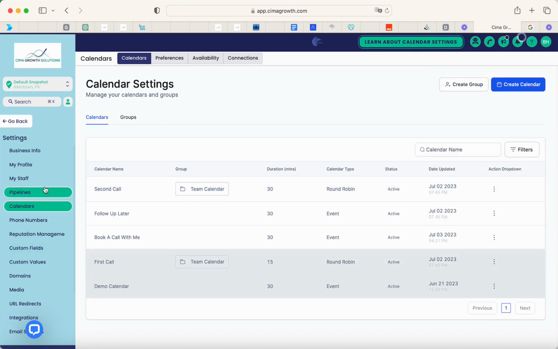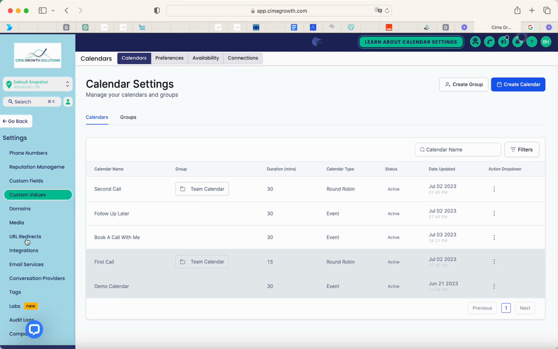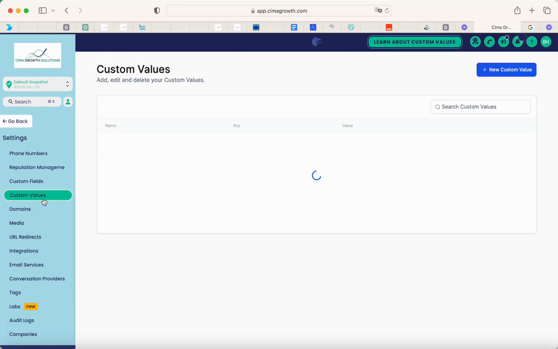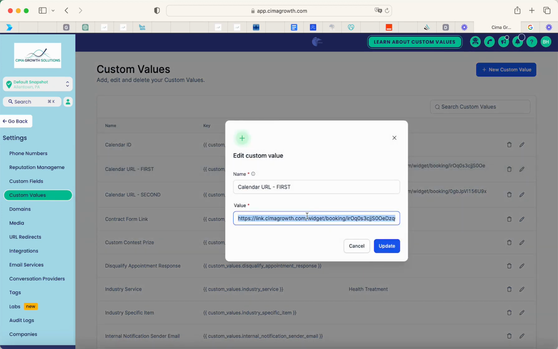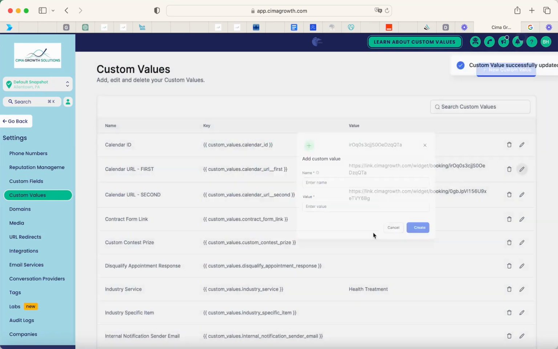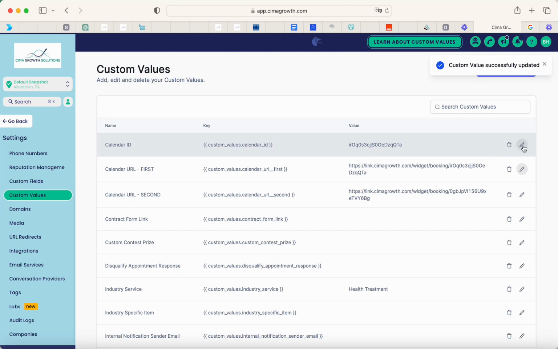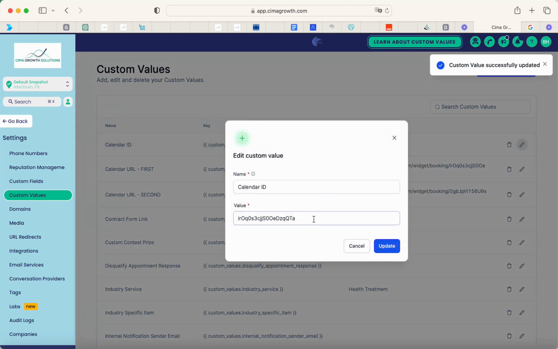And you're going to go back over here to your custom values, and you're going to paste the link, the actual calendar URL link. You'll book here, paste here. And then calendar ID, you only want to include the ID at the end of the link, not the full link. So you'll come here and you'll paste the ID and delete all this out. Okay. And we can help you do this,